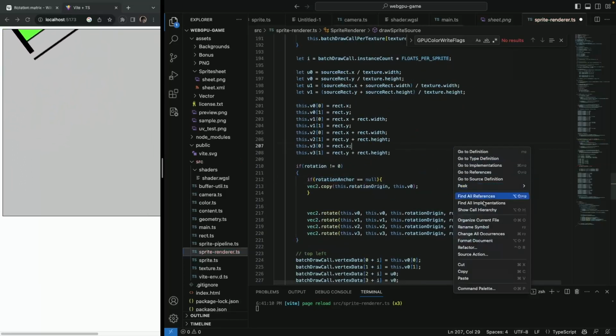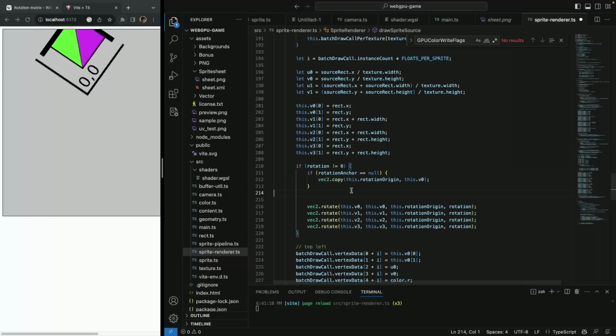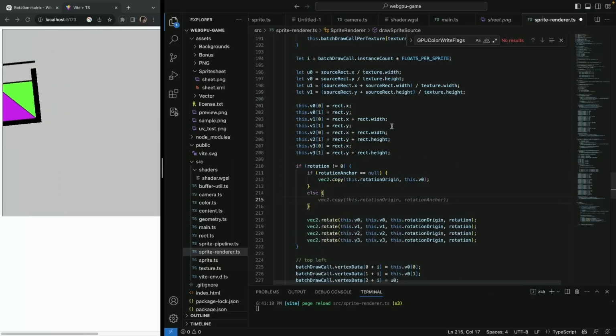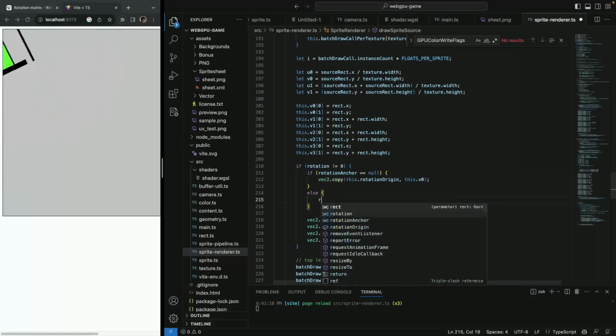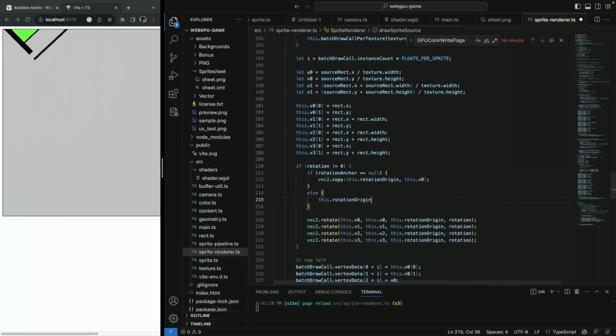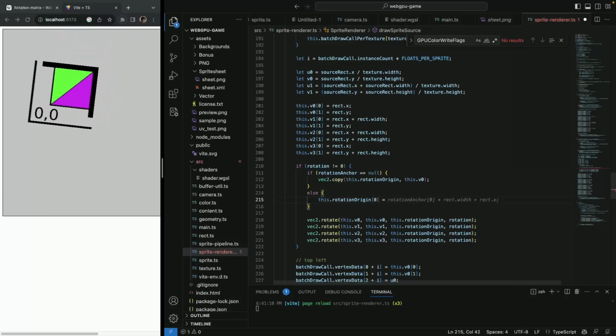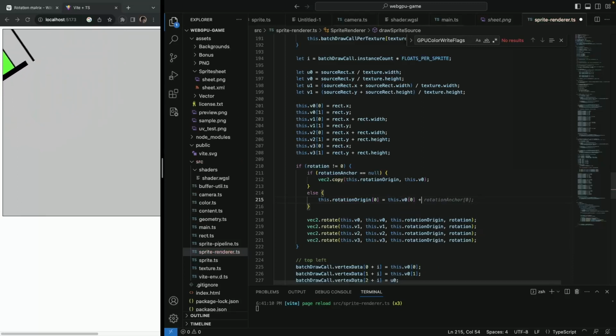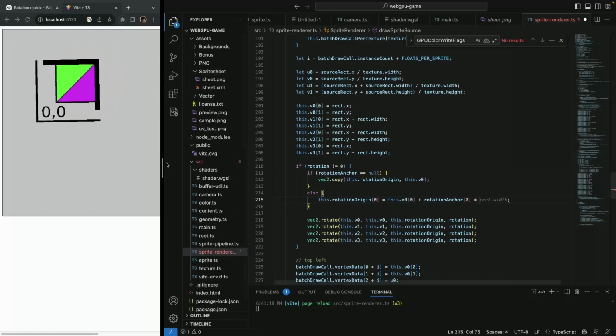So if rotation anchor is not defined, and then we're going to have else if it's defined. So we need to find our rotation origin now. So this rotation origin is 0, is going to be what exactly? Well, we're going to use v0, 0, plus rotation anchor, and then since I actually wanna use normalized coordinates, so for example,